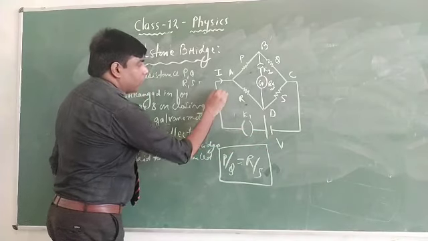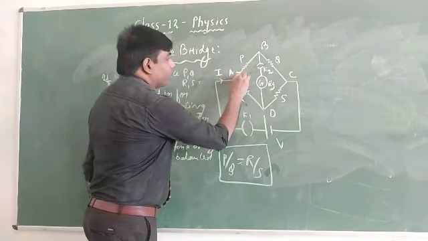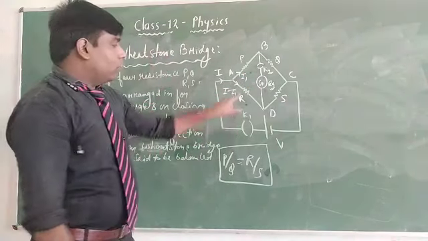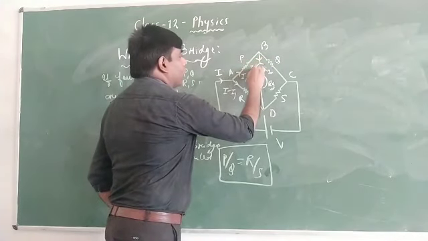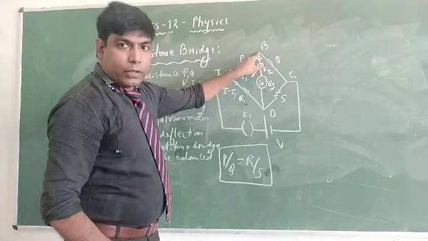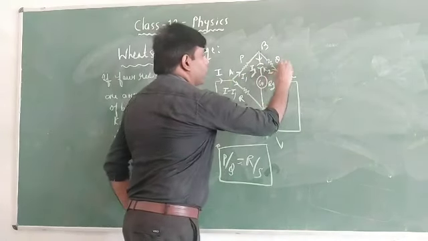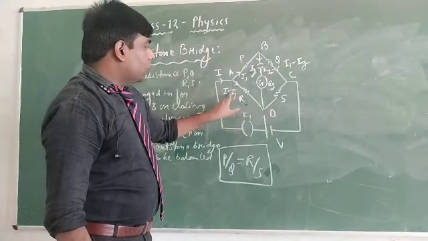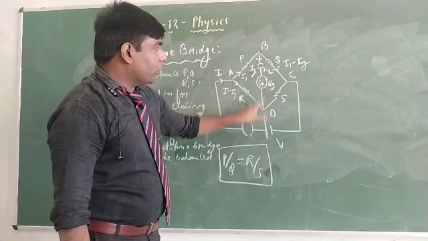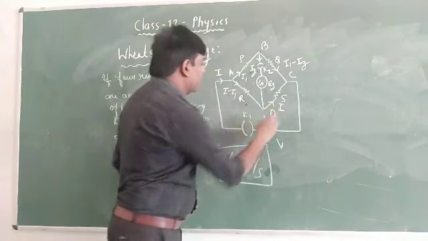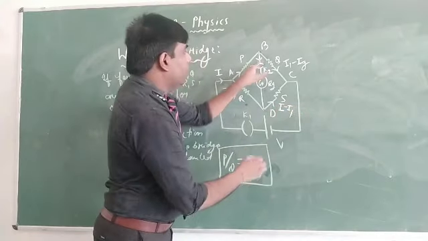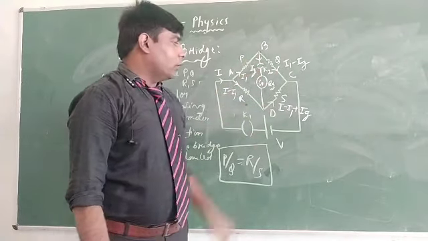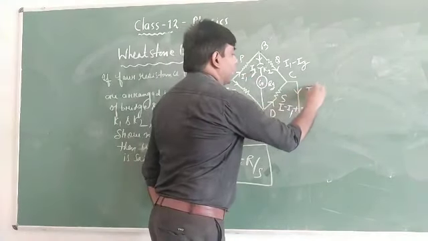From this battery, let us say current is I. Here it will be I1, so here it will be I minus I1. Here let us say current is IG. Here I1 is coming, here IG is going, so here it will be I1 minus IG. Here we can write I minus I1 plus IG. Here it will come here, it will go. Right? Again here it will become